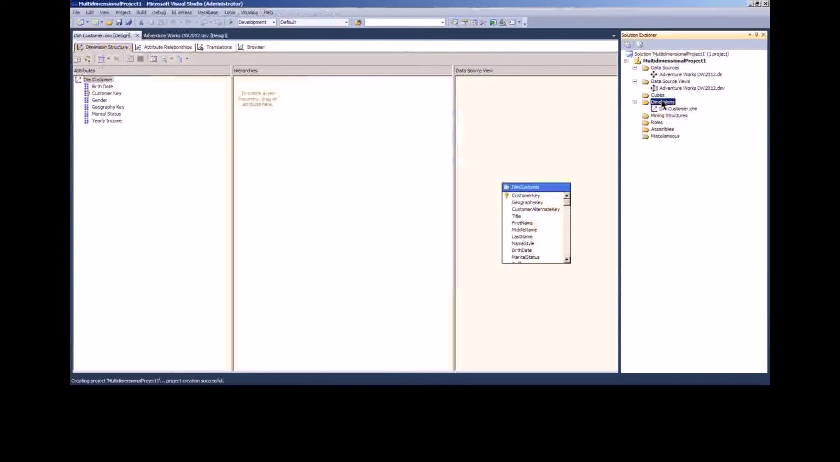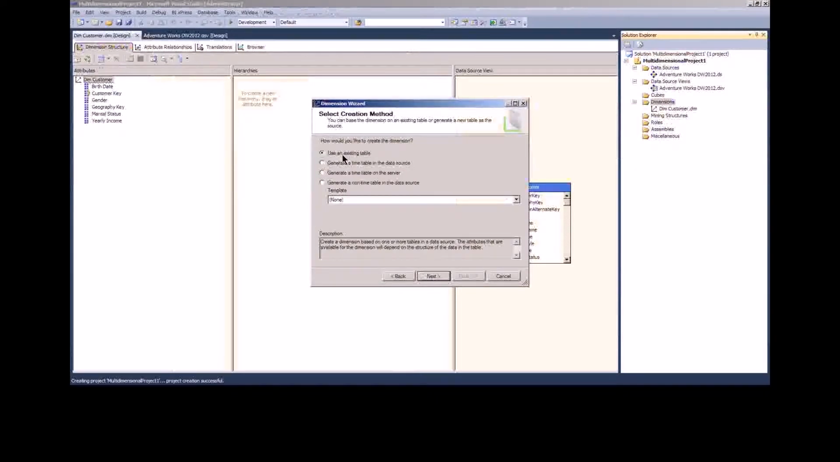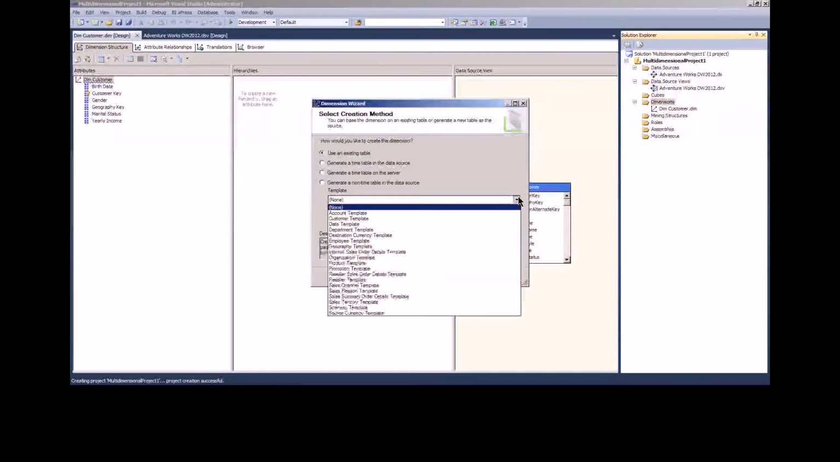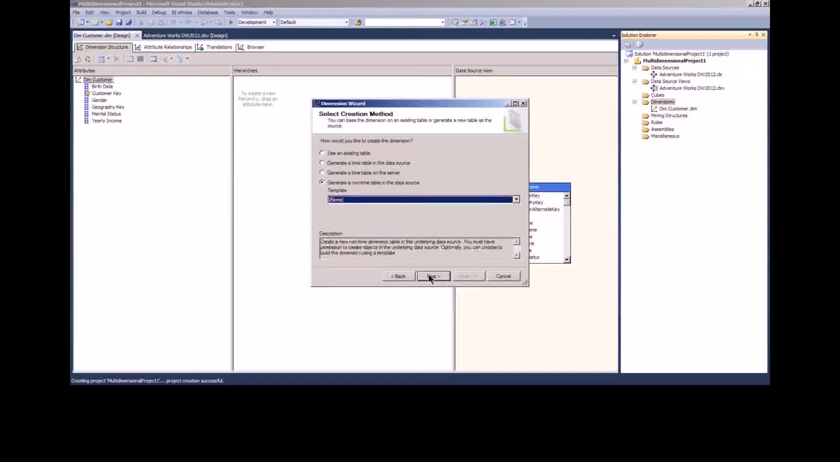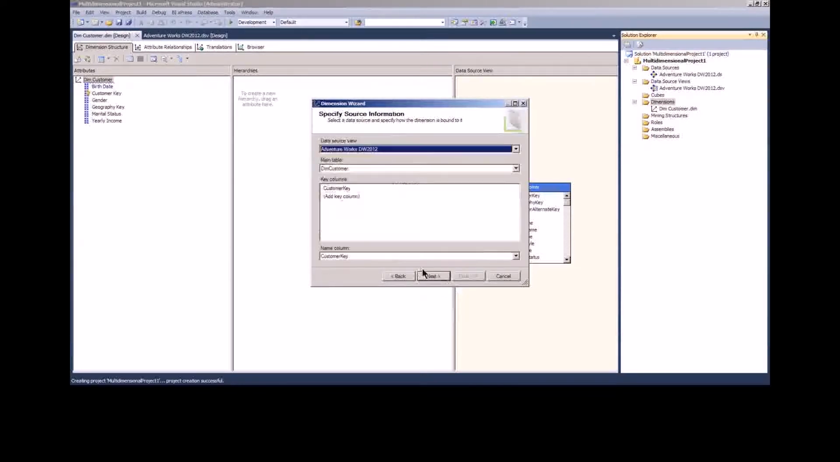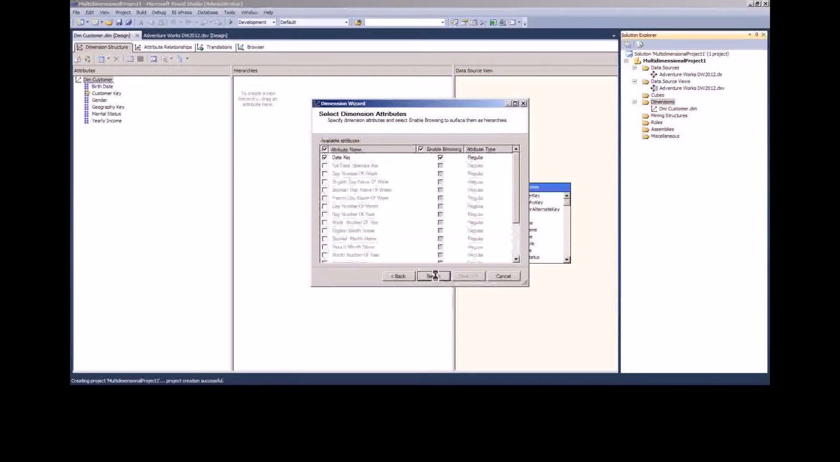I don't know if you want me to torture you by going through and building all of these. Let me pull in one that's going to be a little worse. Oops. Sorry. Dim Date. Those are always fun because